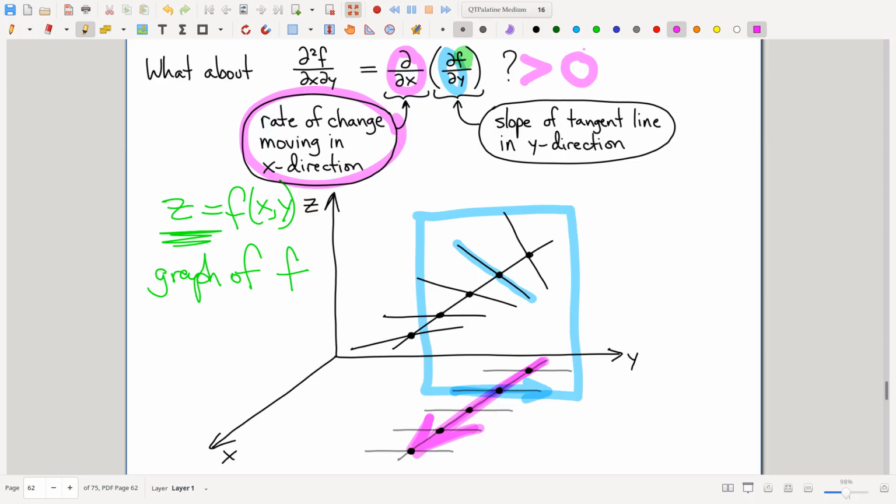But as you know, I like to say, this is a tool for your toolbox, right? This is the only visualization tool that I'm going to give you for mixed second partials. But I hesitate to say that it will always be exactly what you need. Okay, how are we doing? Everybody all right?